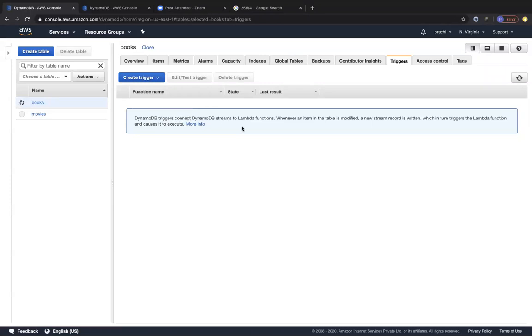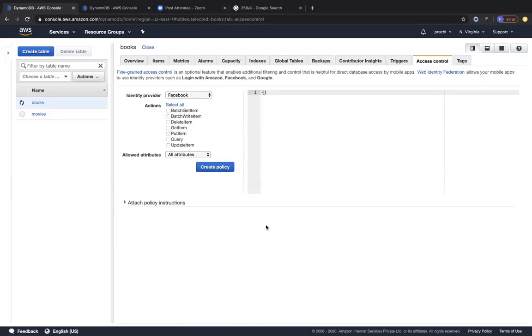Whenever an item in the table is modified, which we have studied, whether you want to capture the previous data and the new data whenever an item in the table is updated, or whether you want to capture the data as to what happened when an item is deleted, before it was deleted, you want to capture that. So all of these you can capture and trigger a Lambda function from here. And when you're triggering a Lambda function from here, like we discussed, you can do multiple use cases from there. It's very much possible. It's pretty cool.